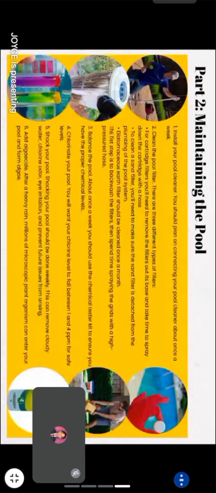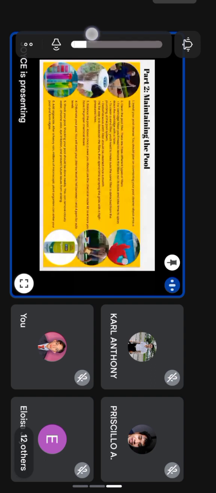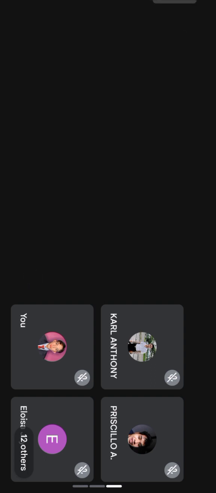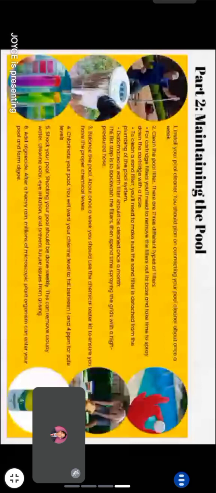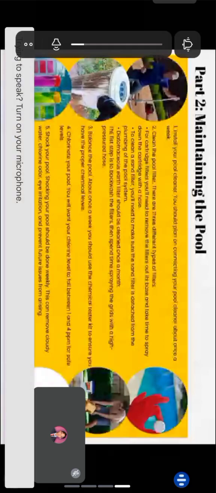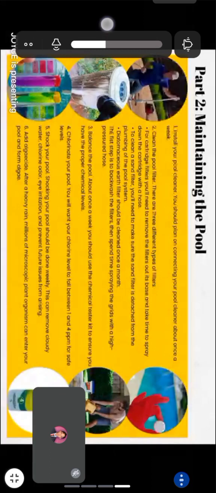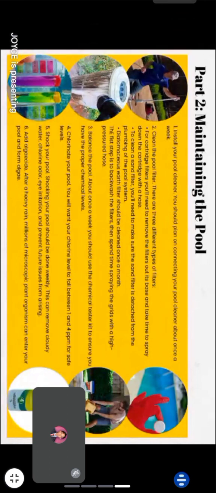Next is how to clean a sand filter. So in order for your sand filter to run properly, it must be regularly cleaned and maintained. So naay 3 parts on how to clean a sand filter. Number 1, prepare to backwash the filter and perform the final rinse. In the first part, prepare to backwash, dapat i-check nimo ang pressure gauge. It will let you know if time na ba para limpyuhan ang imong sand